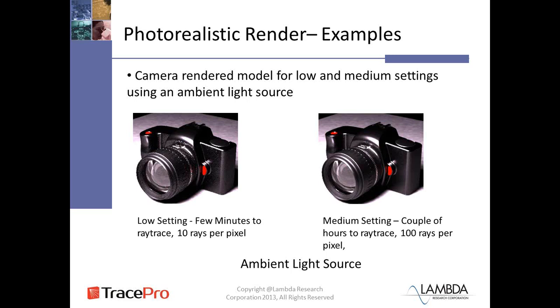On low setting, it takes a few minutes to ray trace. We're using 10 rays per pixel. And you see the results on the left here. On the right-hand side, this is the medium setting. It took a couple of hours to ray trace, and we're tracing 100 rays per pixel. As you can see, the model on the right is much nicer than the model on the left. We have full color. We can see some ghosting in the lens itself, and we have some shininess and some matte occurring